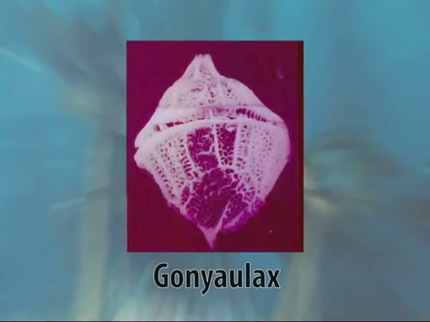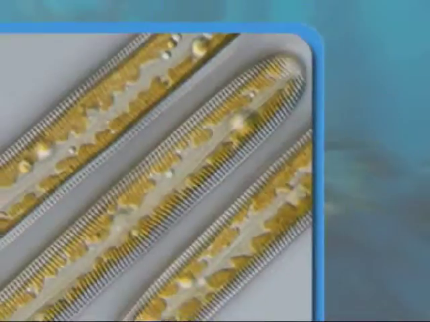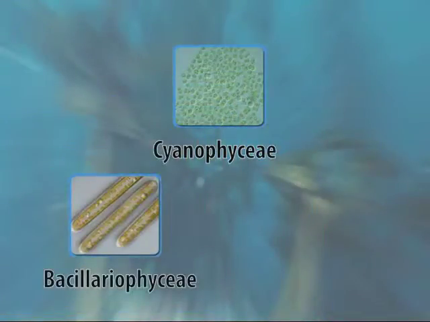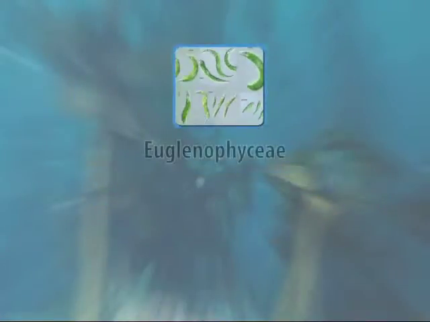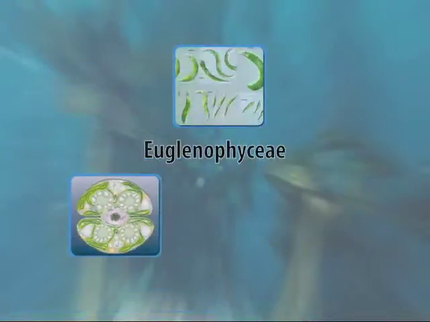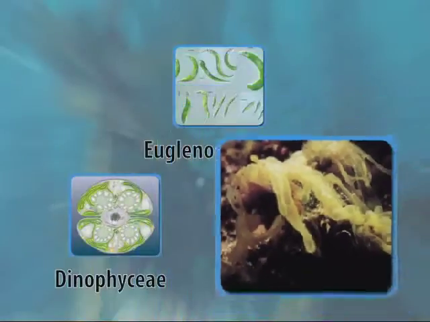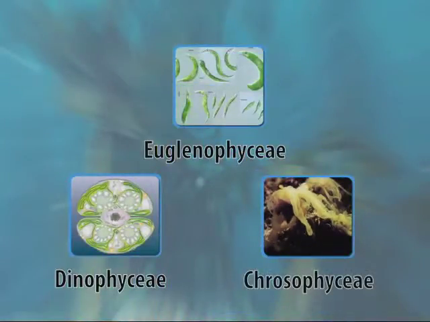The consumption of some algal products has a direct effect on human as well as animal health. We have members of Cyanophyceae, Bacillariophyceae, Chlorophyceae, Euglena, Dinophyceae, and Chrysophyceae having a destructive effect on water storage tanks,